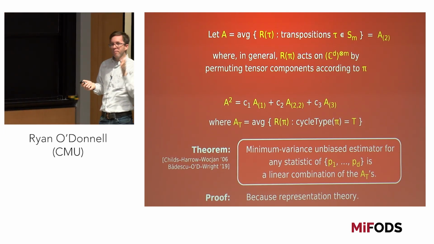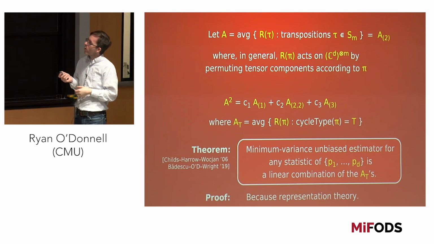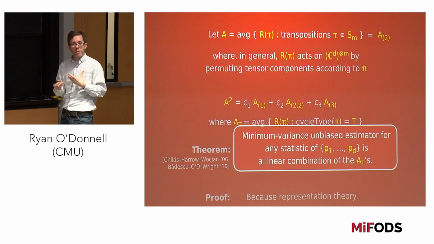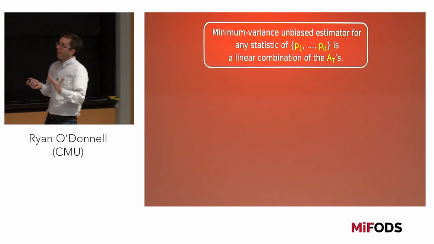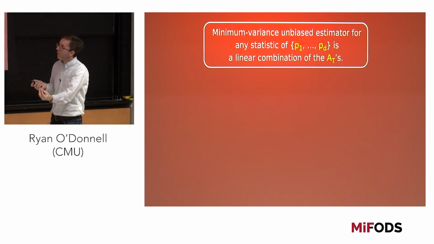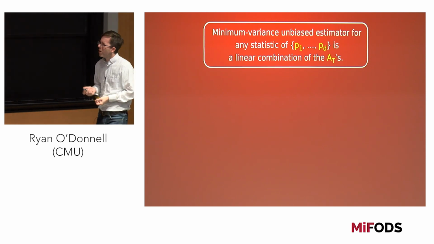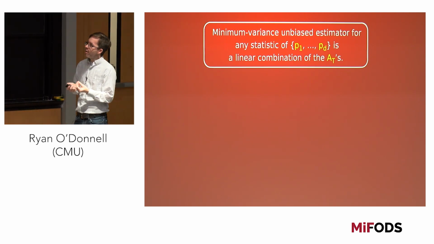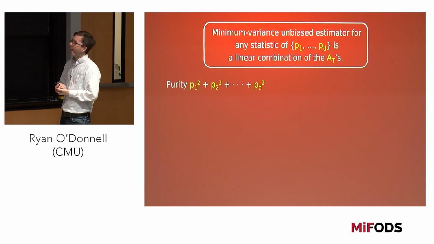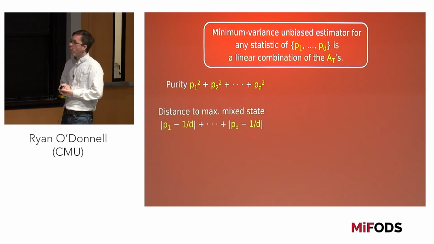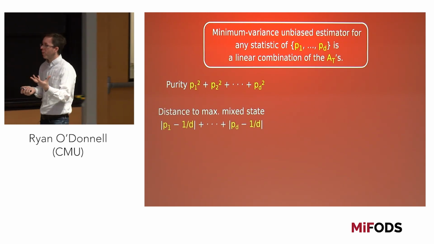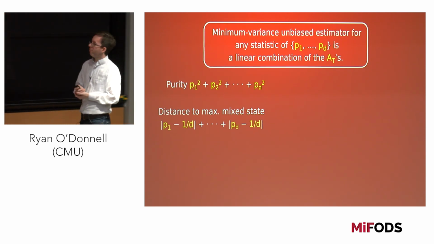So let me just quickly say that this is only about if you're trying to estimate a real statistic of just the p's and not the v's. But this is something you may often want to do, as it turns out. So we talked about how quantum people care about understanding the purity of an unknown state, how close it is to being a pure state, or very relatedly, how close these p's are to the uniform distribution, which is called the maximally mixed state in quantum. You might just care to know the maximum of all the p's, or the entropies of the p's. For a quantum state, this is called the von Neumann entropy.